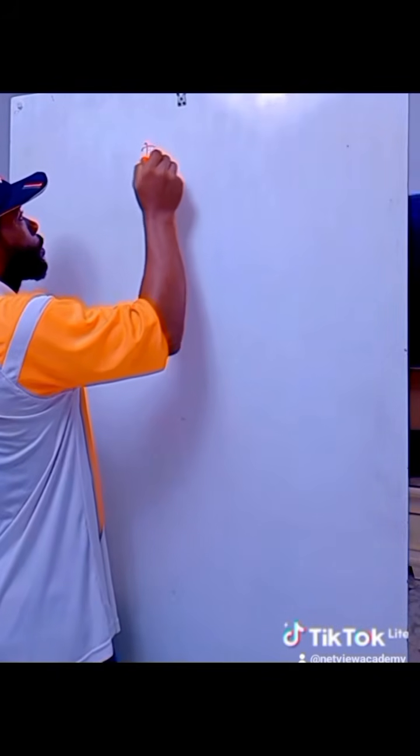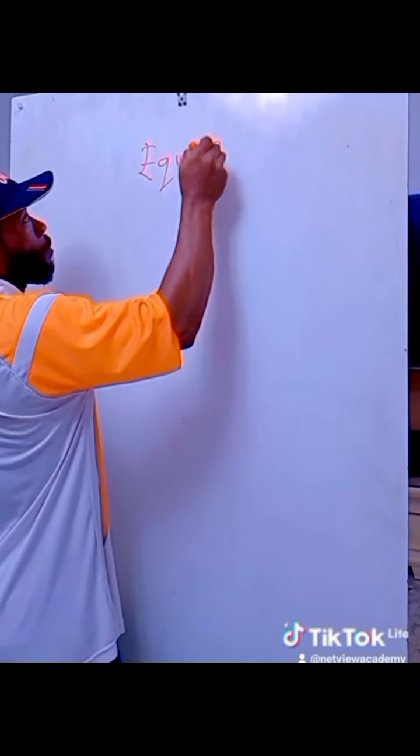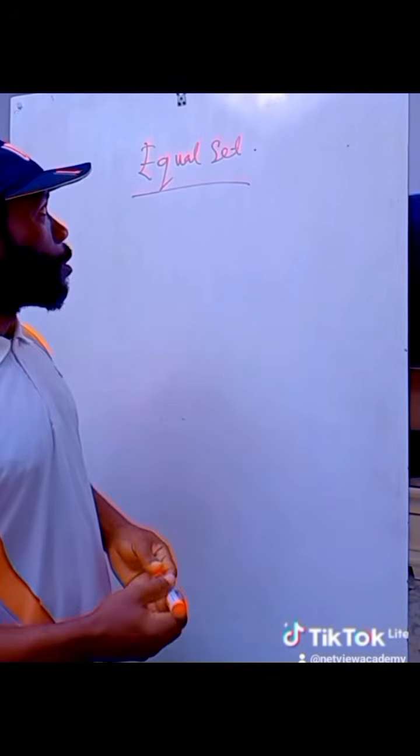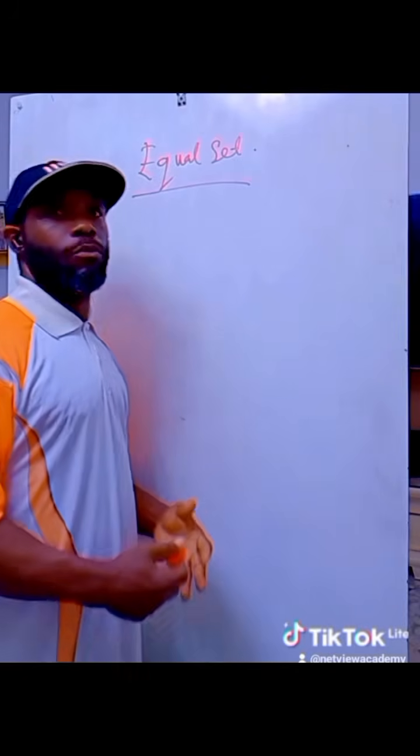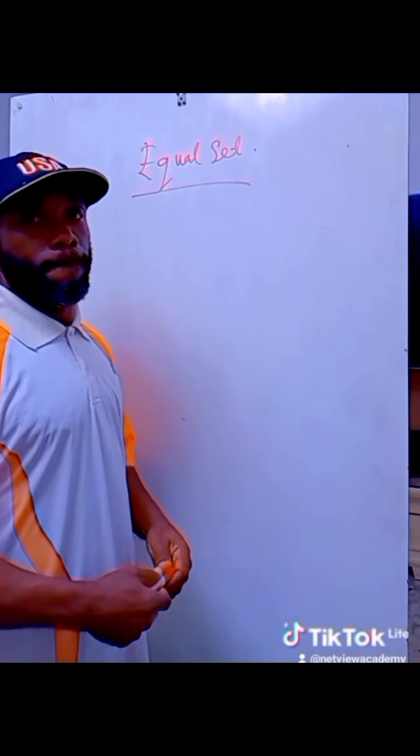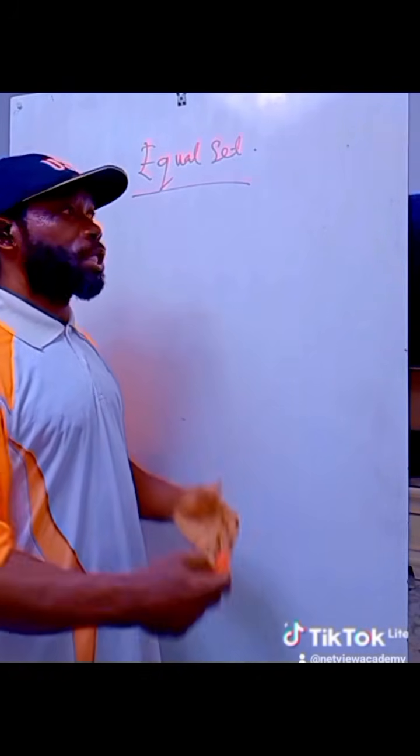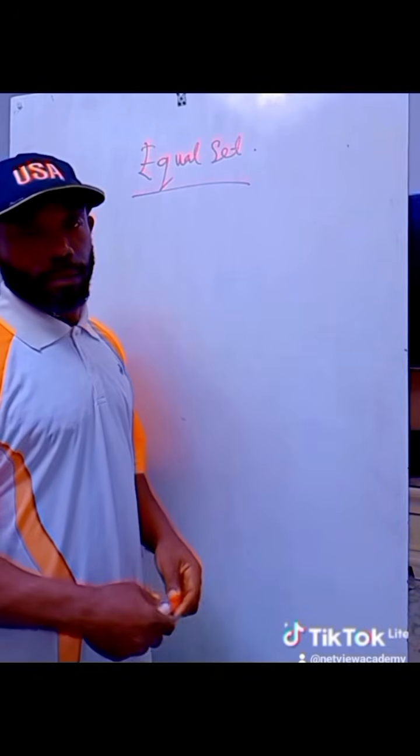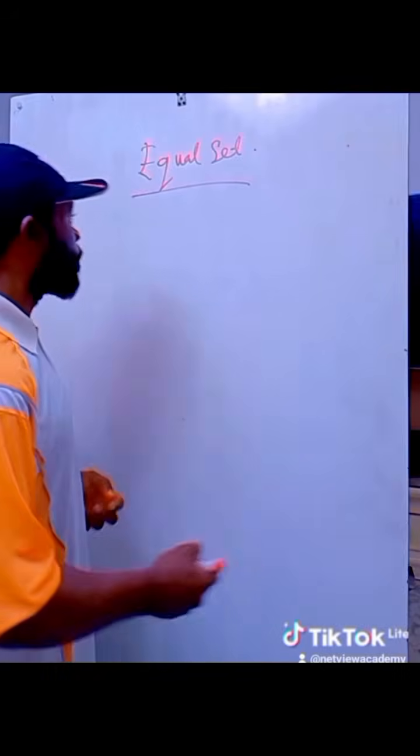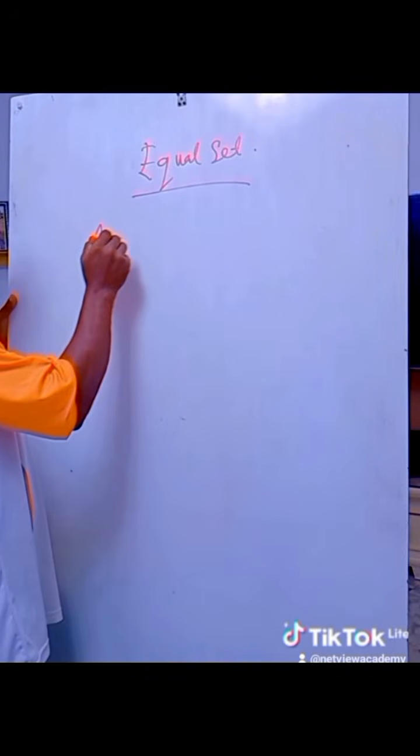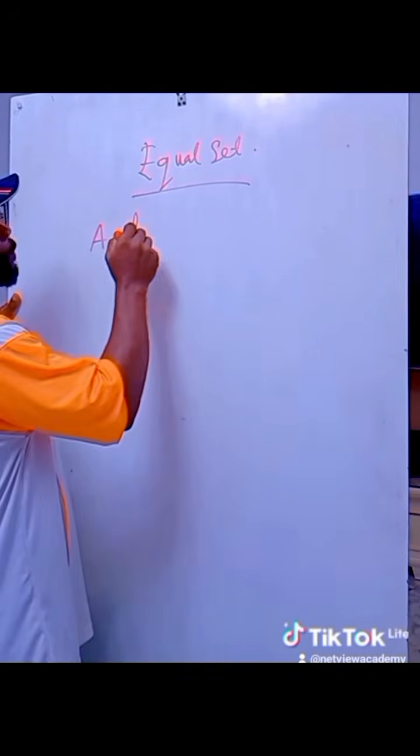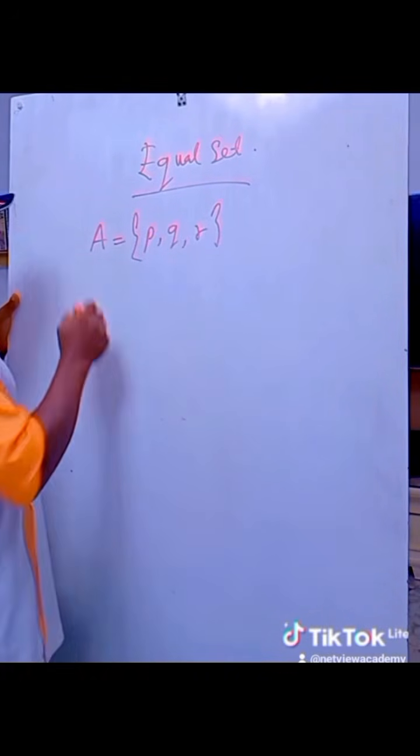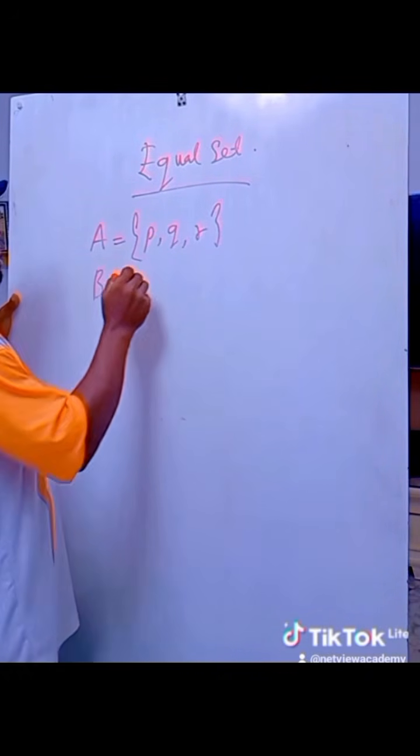Equal set. Two sets are said to be equal if they contain the same number of items or the same type of items, regardless of the order. So, for example, if we have set A, it's made up of elements P, Q, and R. And then we have set B, it's made up of elements